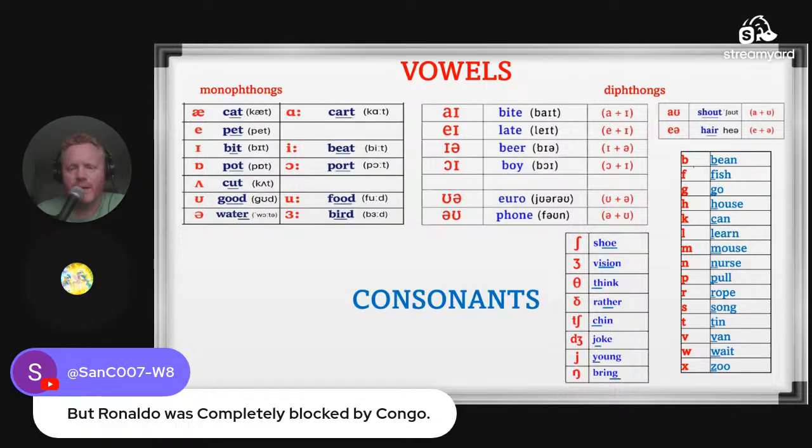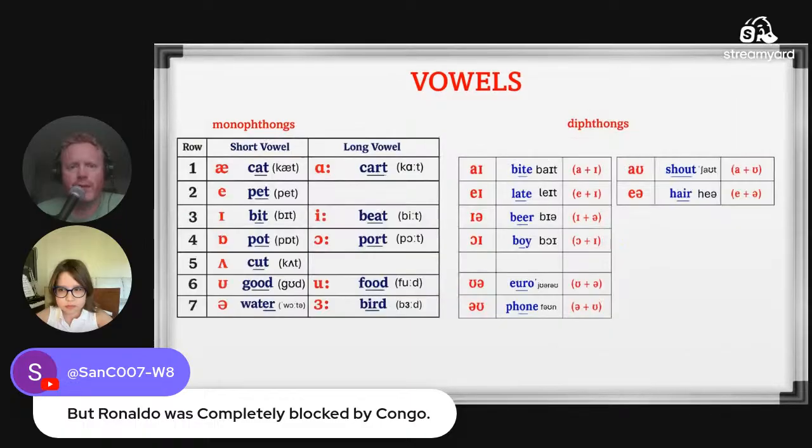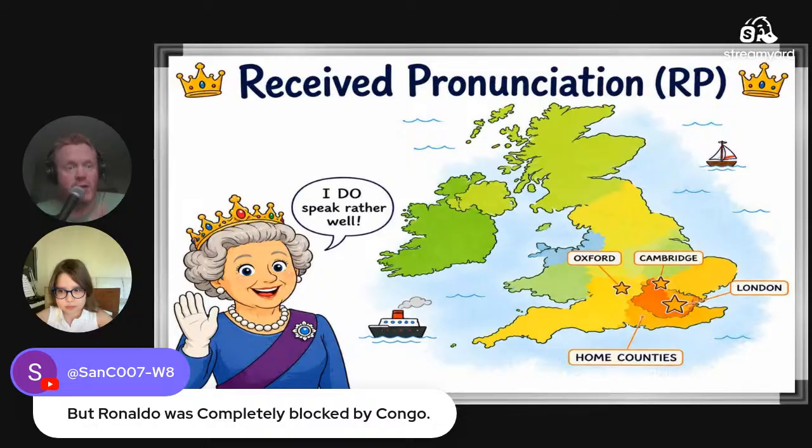Okay. So we're going to start with the monophthongs, and we're going to divide them into short and long vowels. So we probably should go quite quickly now because we've got loads of stuff to do. Next page. Okay, so yeah, monophthongs and diphthongs. Oh, we just need to quickly talk about this. What is this thing we're going to talk about? It's RP. Yeah, what is RP? Do you remember what that means?